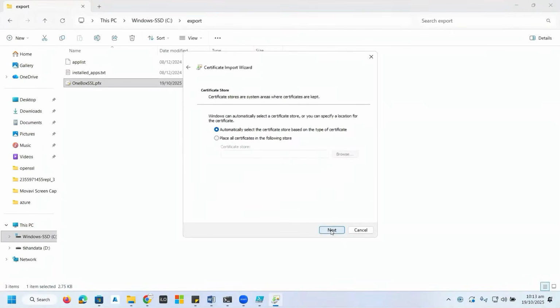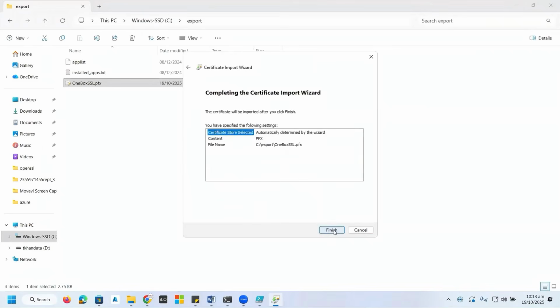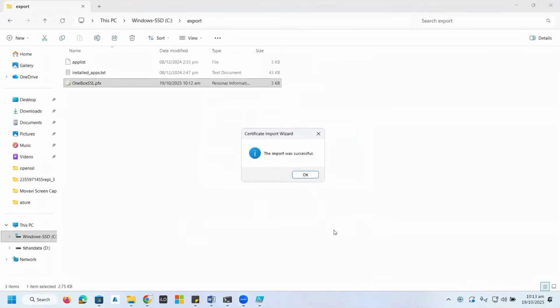Now that's the important side. You need to be very conscious about the implementation of the certificate and where you want to place it. By default, we will place it automatically. Select the certificate path and click next and finish.